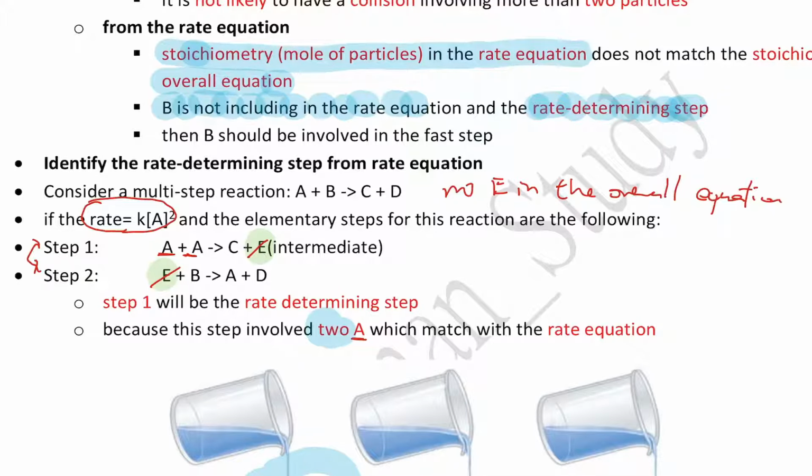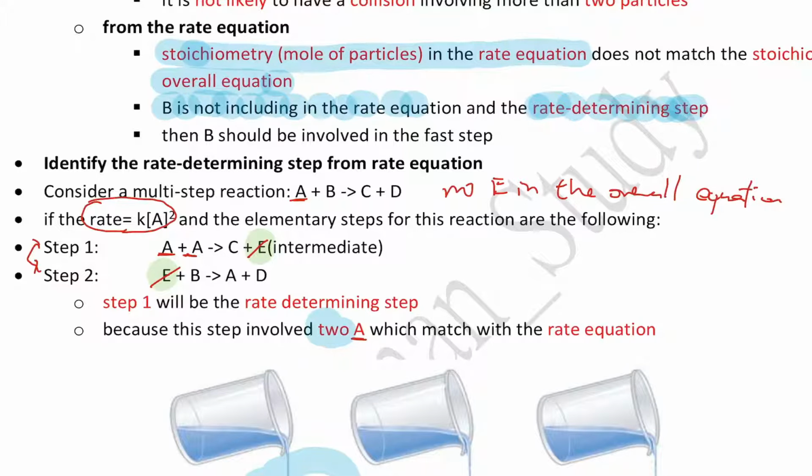Then they are the intermediate. Yeah, they are something formed from step 1, but they're not a final product. It means that you will reuse it in the second step or some other further step. And also one more special, tricky point is that the overall equation may only include one A,